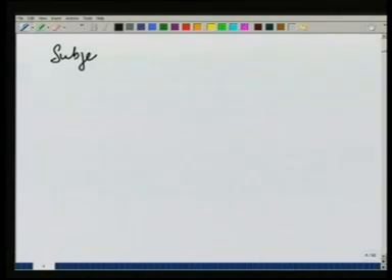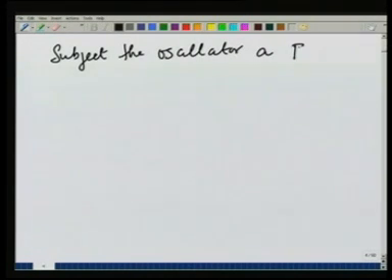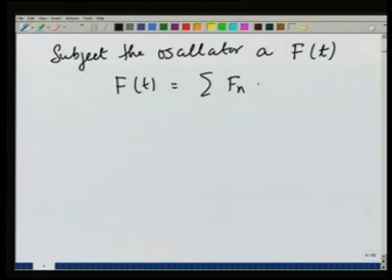More interesting case, however, is when we subject the oscillator to a force which depends on time. In general, a time dependent periodic force can always be written as a Fourier series like F n cosine of n omega t, where omega is the frequency of oscillation, and therefore, it is best that we analyze